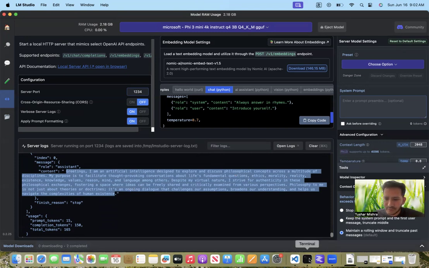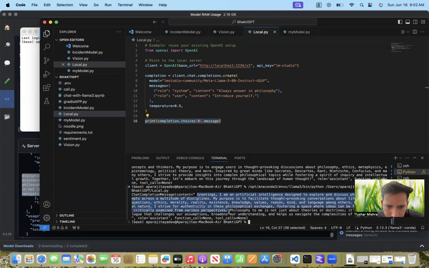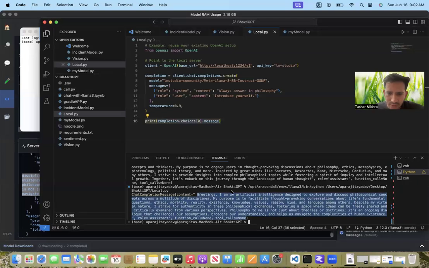Now, sorry, not the terminal, Visual Studio Code. And here, if I check the information, you see this is the information I got. Let's go through it. The assistant has provided the same thing, the greeting, I'm an artificial intelligence. I had asked it to always answer in philosophy, and the user said, introduce yourself, who are you? Then the assistant said these many things. So it can do function calls and tool calls, everything, but we just wanted to